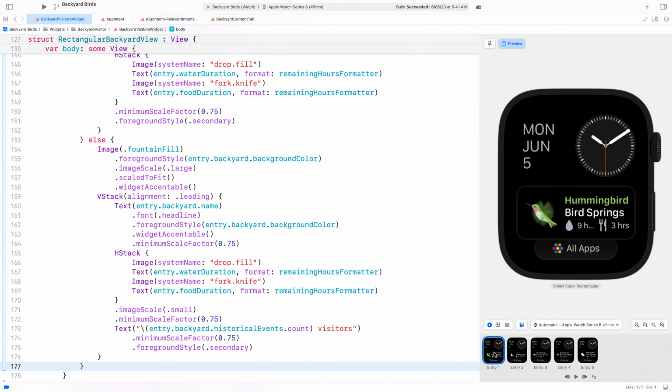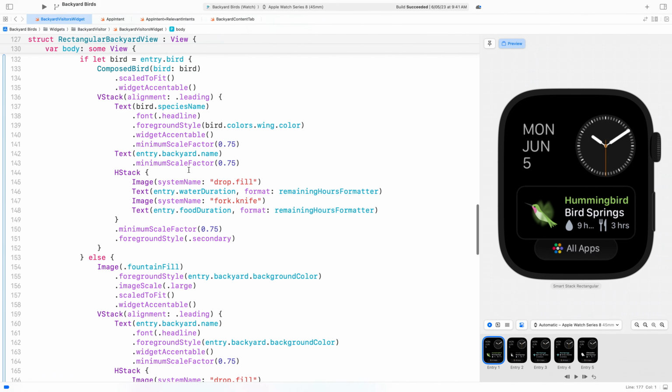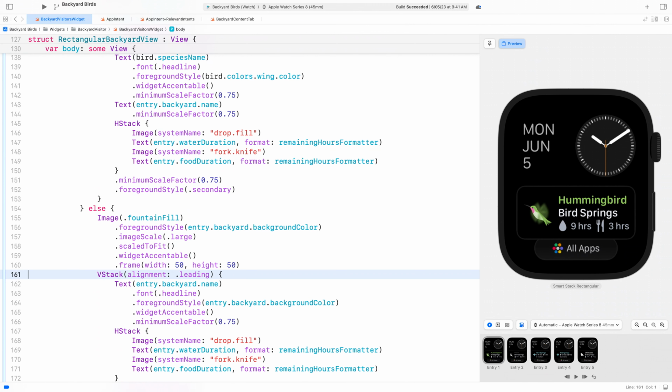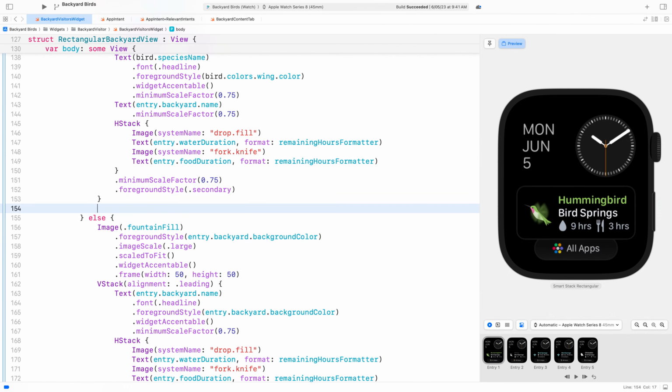Let's make those match by adding a frame to the bird view and the image view. We'll also add frames to the VStack so they align properly.